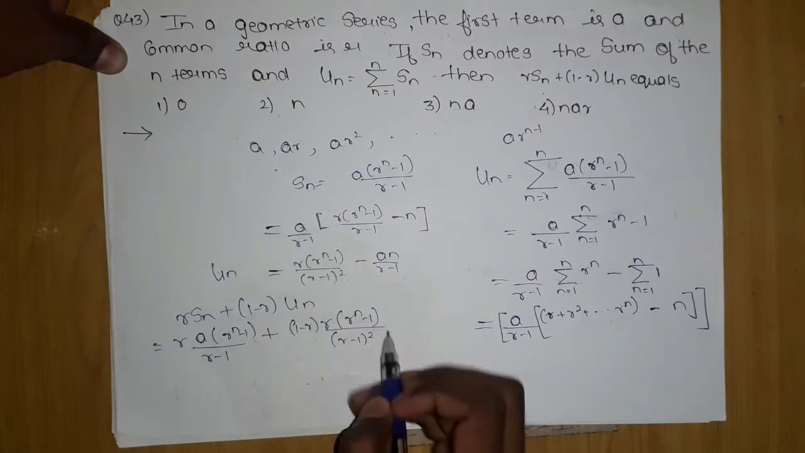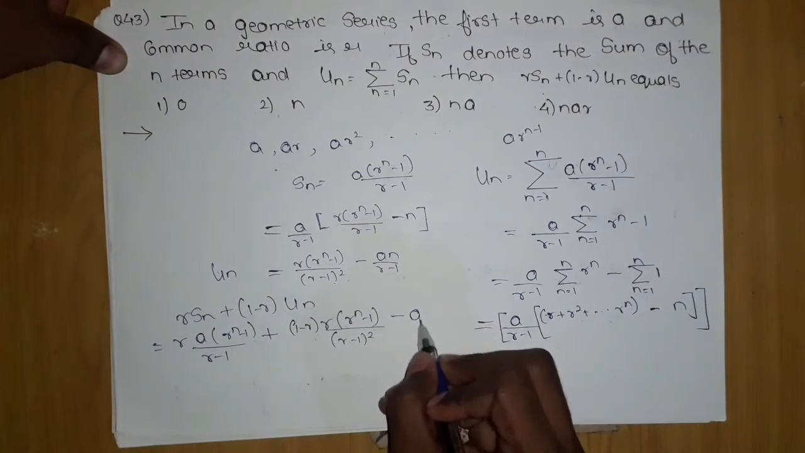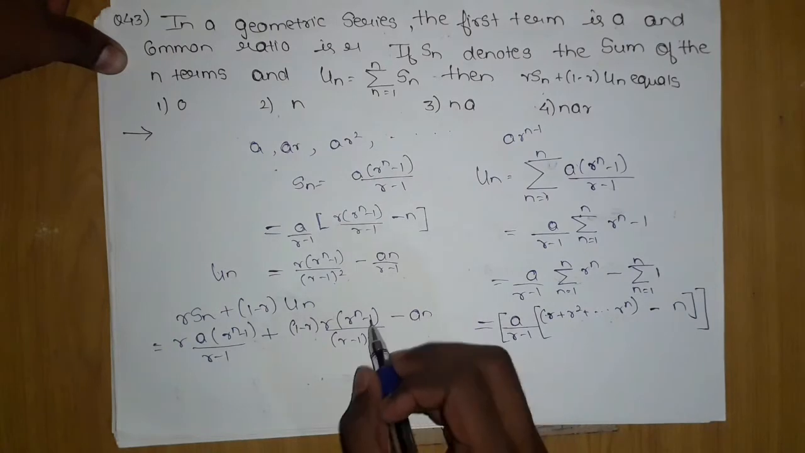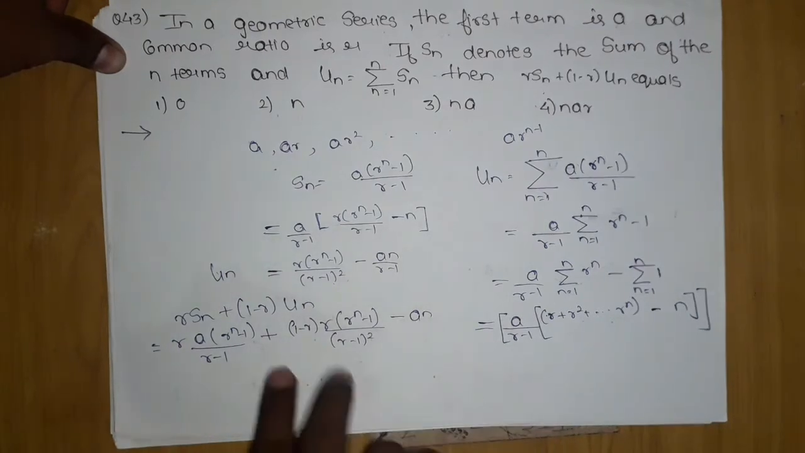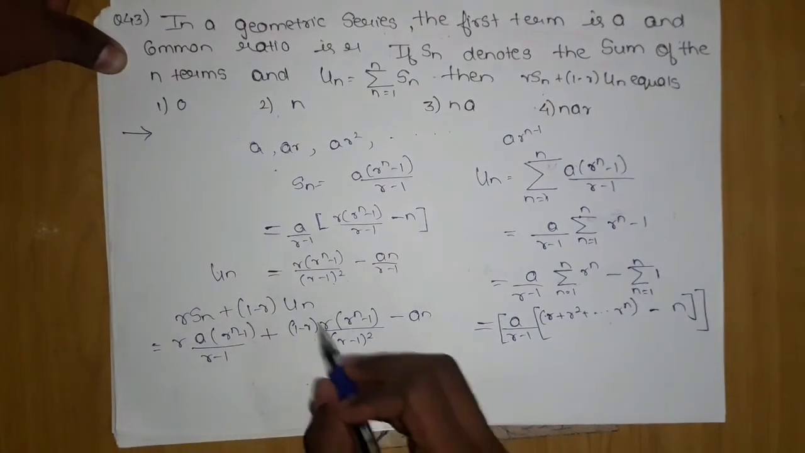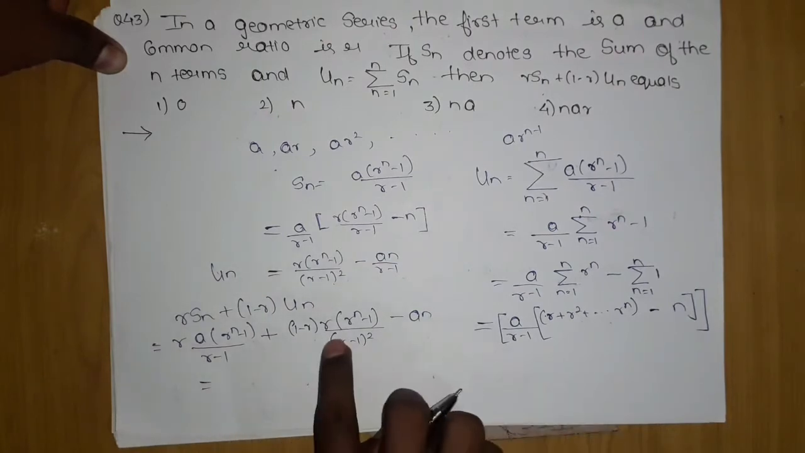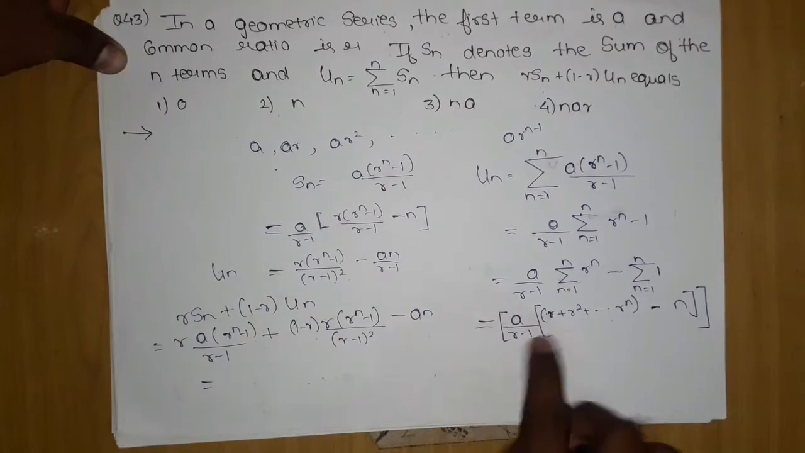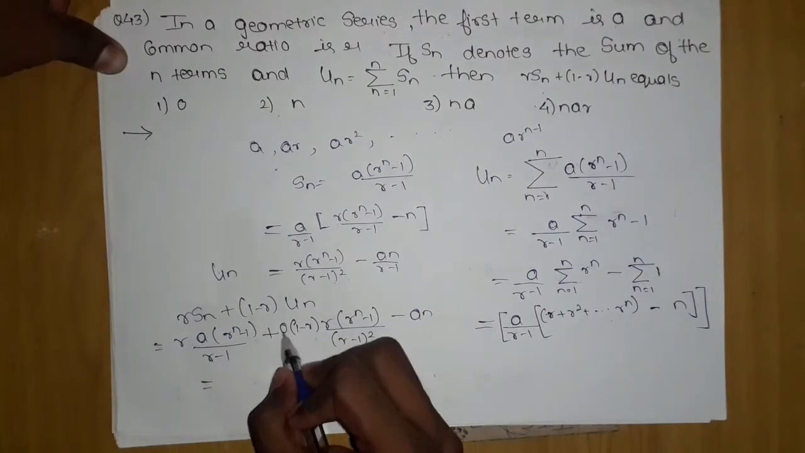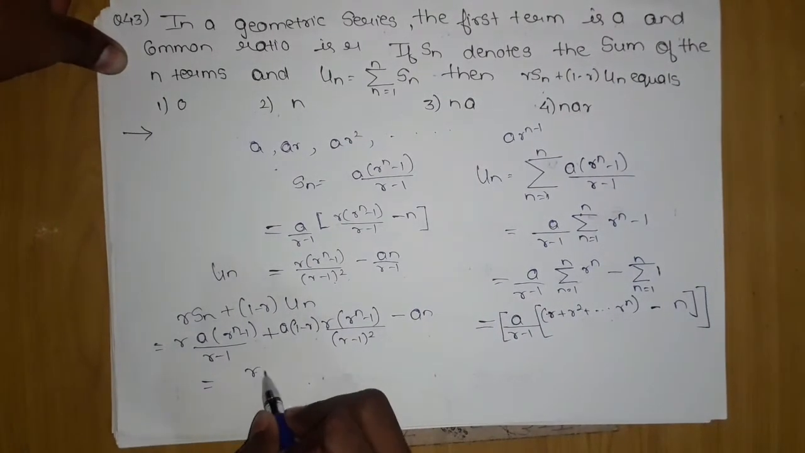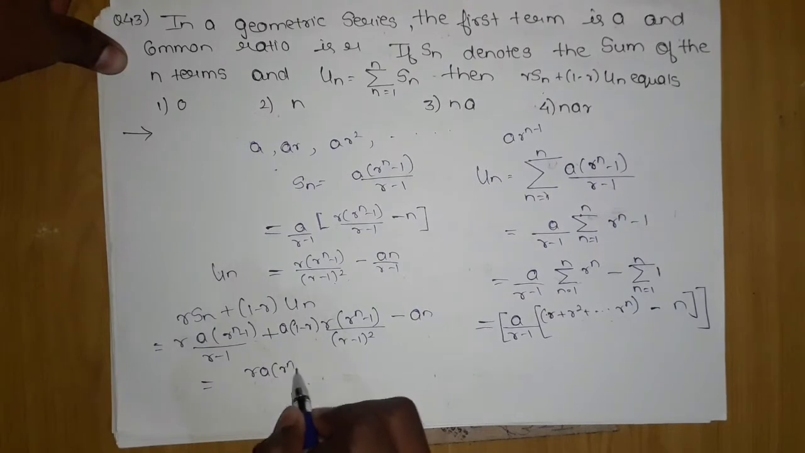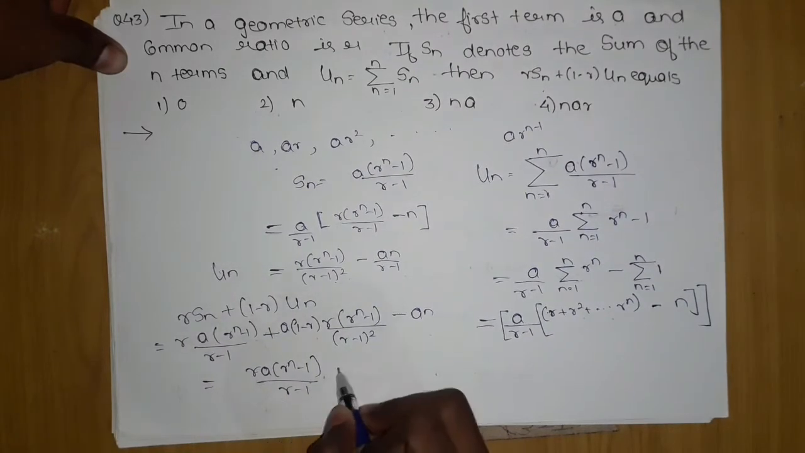1 minus r will give me an. This will cancel out, giving me 1. When I multiply, this will cancel out. The next step I will write is this only. And this a which was outside will multiply with both. It will multiply with this thing only. So r power n minus 1 upon r minus 1 minus